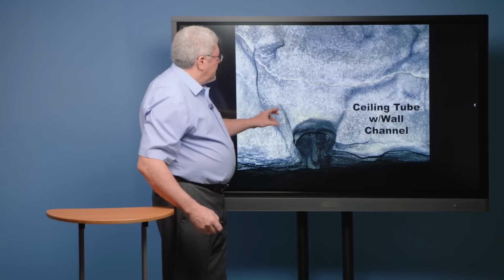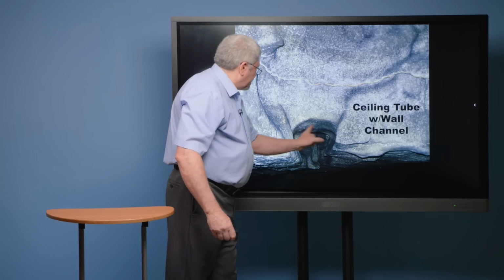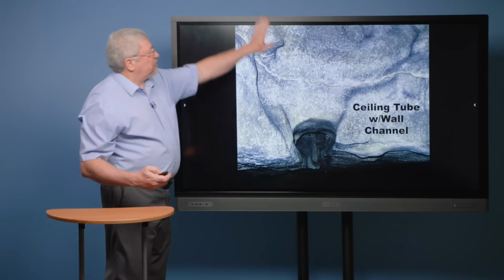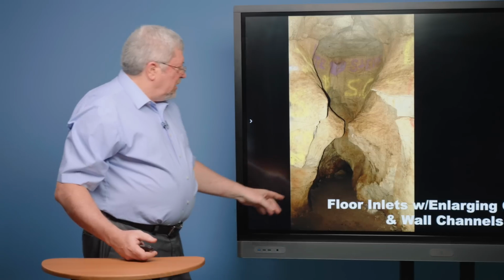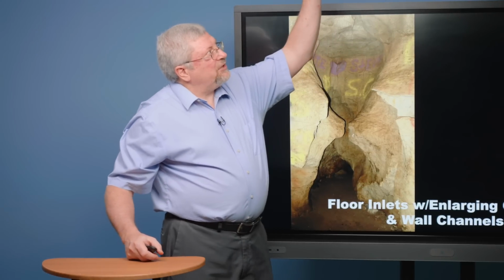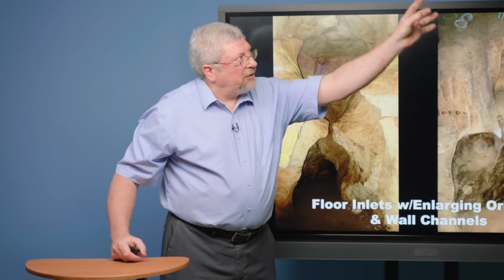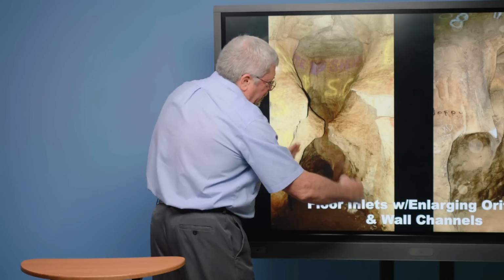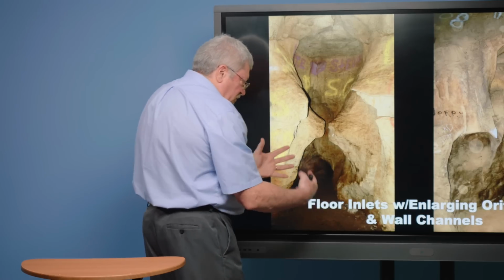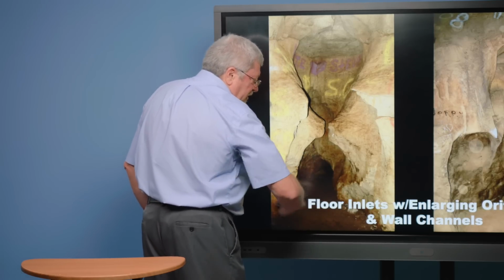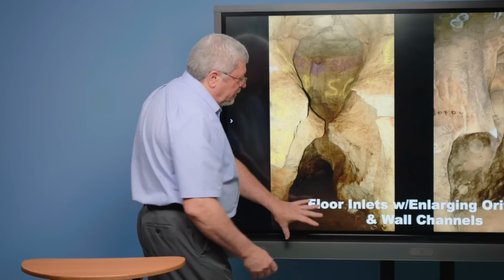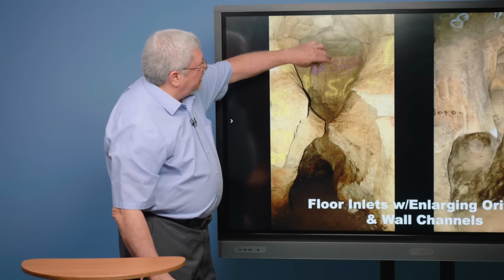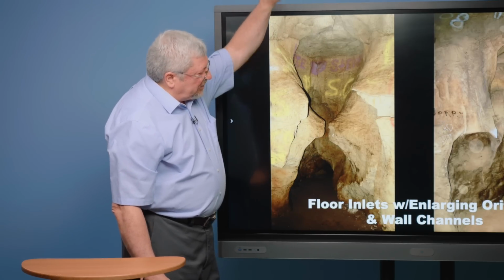So here's a wall channel. Here's a ceiling tube, a channel that comes away from it, that goes then into the ceiling. And also now as we're moving down, we've got stuff in the ceiling, we've got stuff in the wall. And if you follow the wall channels down, you often come to these pyramid-shaped large holes in the floor. There's mud down here, so you can't see where it goes, but it's evidence of water rising here, going up the wall channel towards the ceiling, which would be above us.